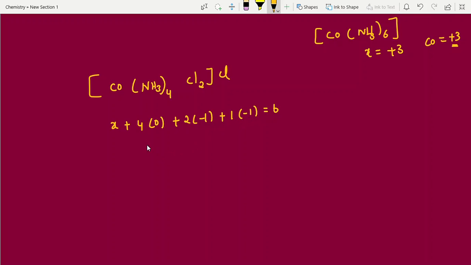So X minus 2, X minus 3 equal to 0, X equal to +3. Okay, that's it. This is -1, this is also -1. Next one,